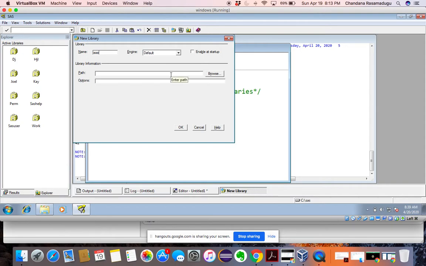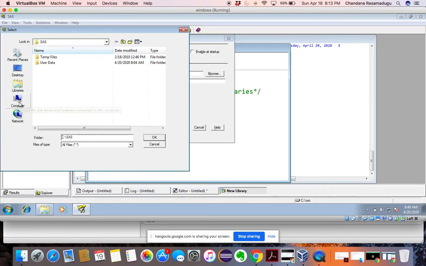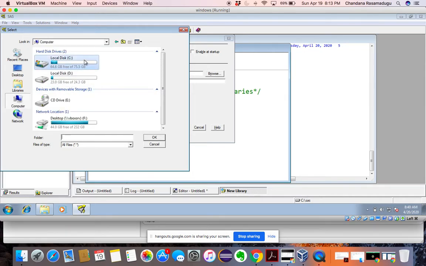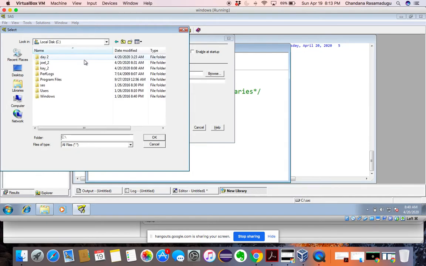Now, where do you want this library to be saved? Let's browse and save it in C. In C, do you want to save it in day 2, or create a new folder? Okay, you want to create a new folder.